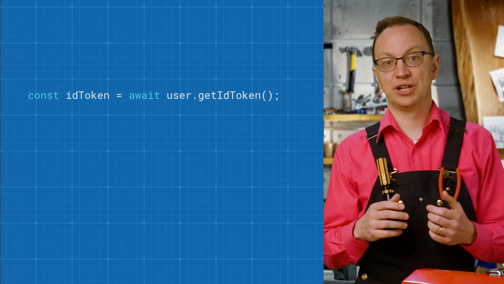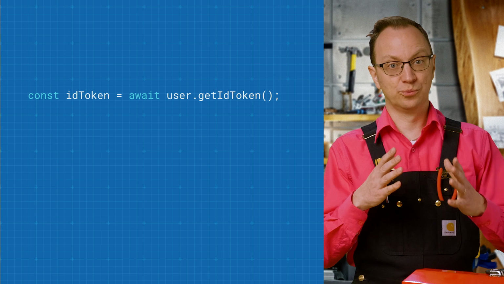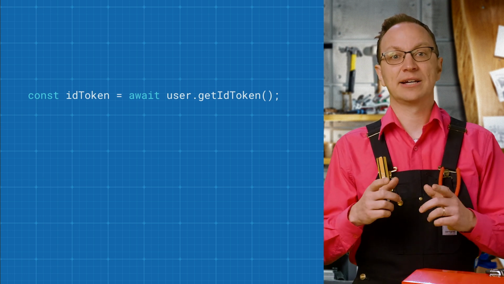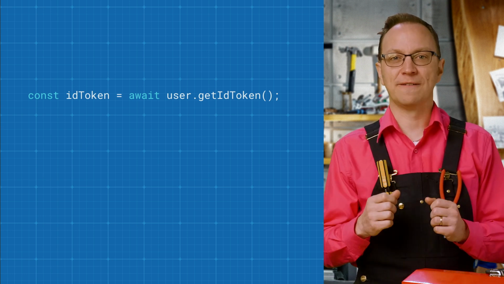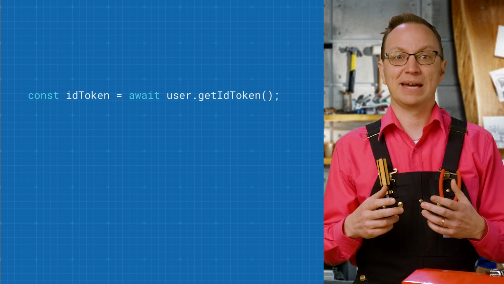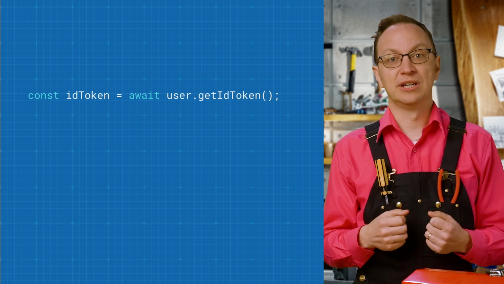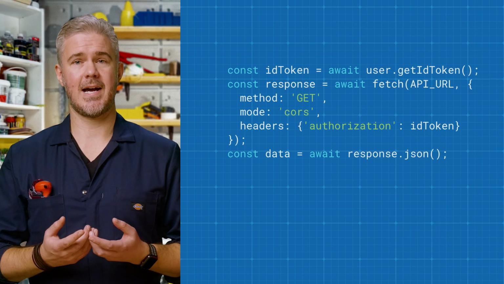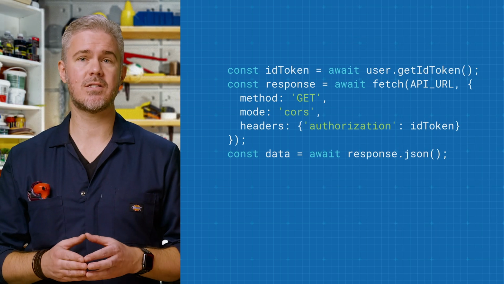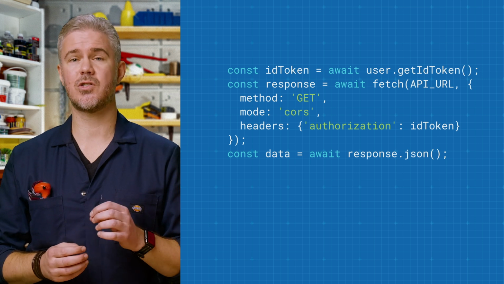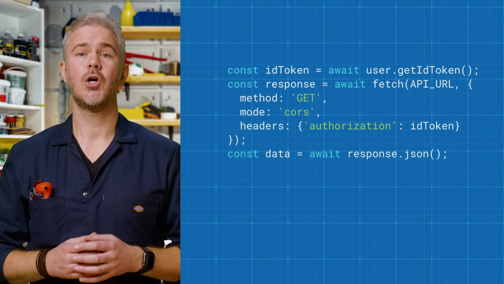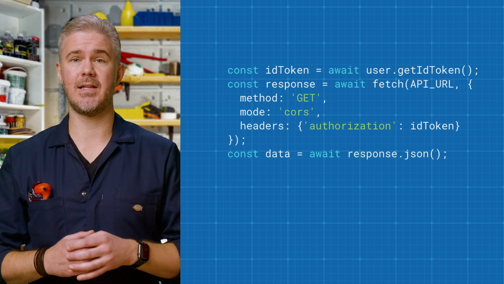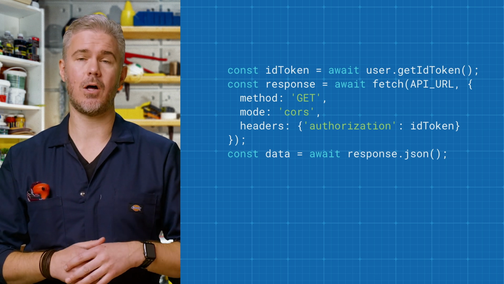On the next page, the one that users are redirected to when they log in successfully, Anna calls the getIDToken function. The string she gets back is a signed JSON web token, which contains the user's unique ID. After fetching the ID token, Anna's code requests the user's appointments by calling the server-side REST API. Her code includes the ID token in the authorization header of the call.